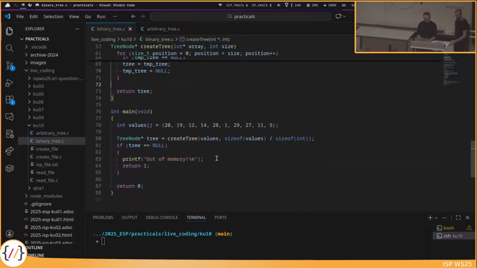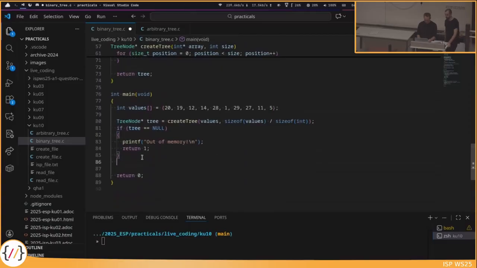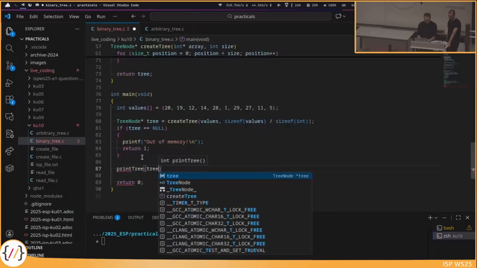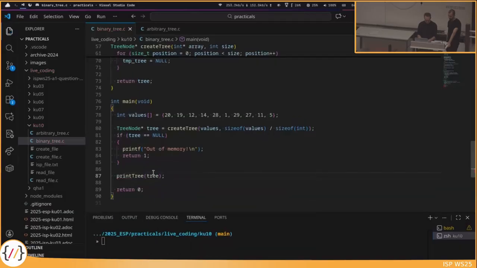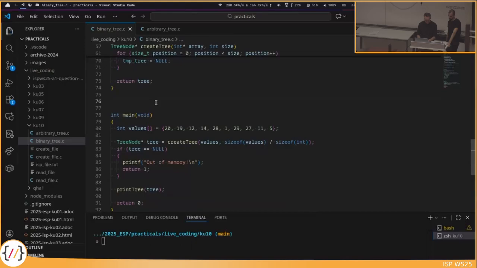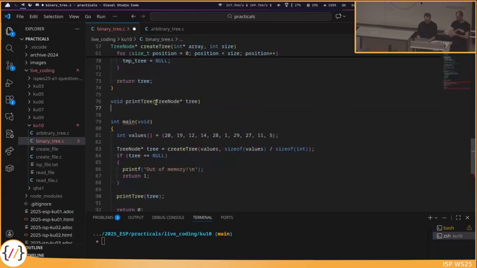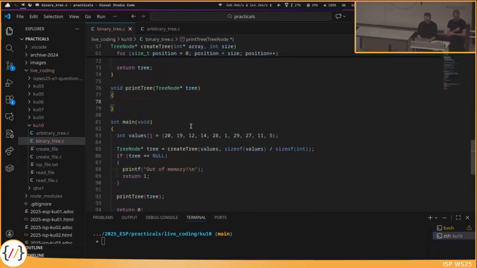So we want to print the tree now. So maybe print tree. Now I don't need to return anything. I want to print the tree. I pass in the pointer to the root of the tree. And now